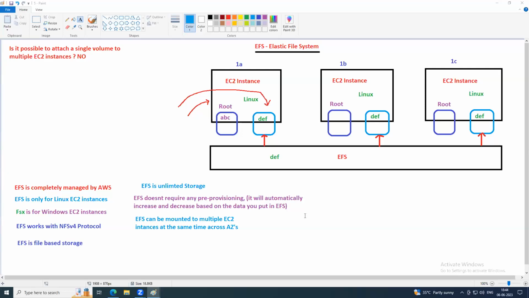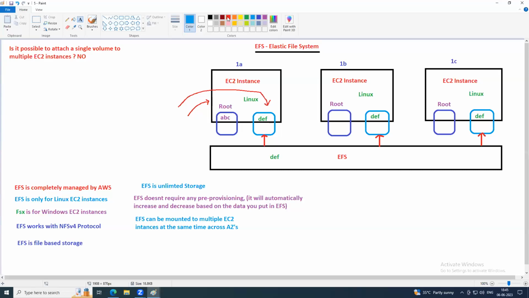EFS is also in AWS itself. Will EFS help? No, because that is within AWS. EC2 instance and EFS, both are in AWS itself. But I'm talking about an on-premises data center, which is handled by us. In my laptop, I have 10 terabytes of data. I need to go and upload it to S3. Can I upload it by browsing and then uploading? No. So for this requirement,